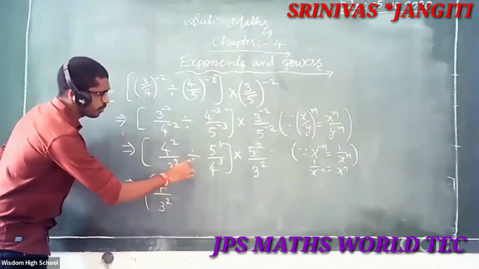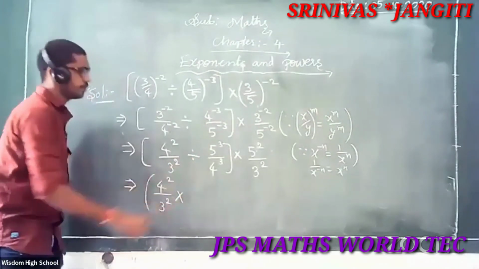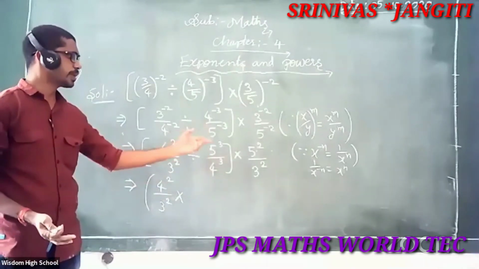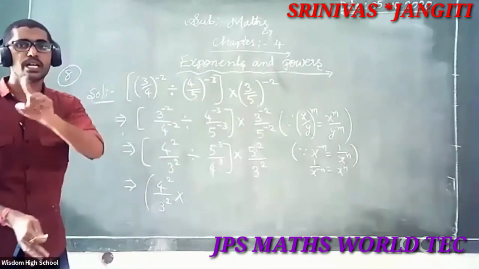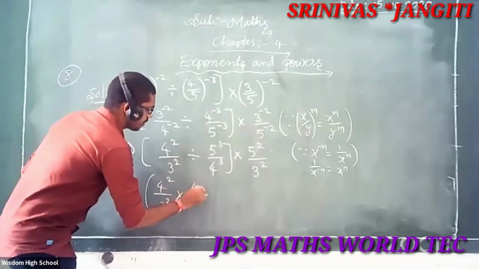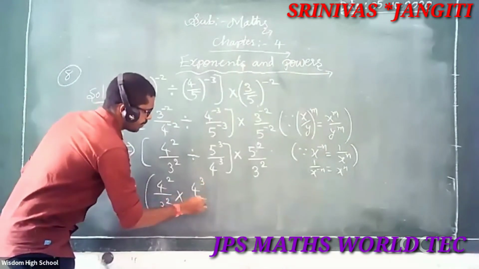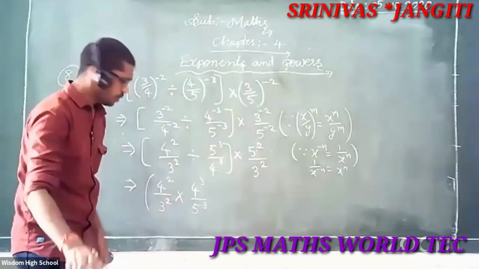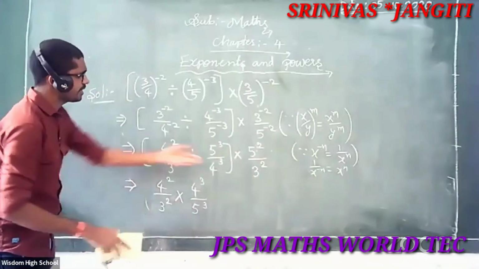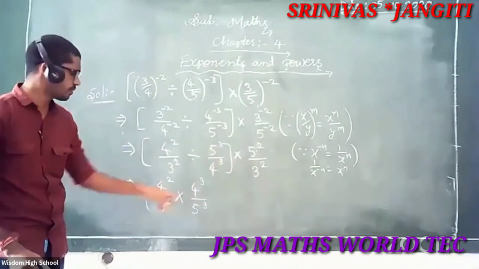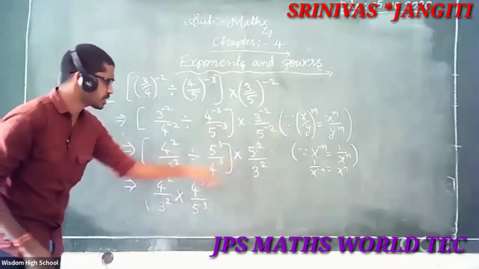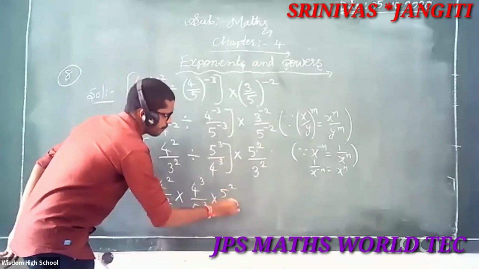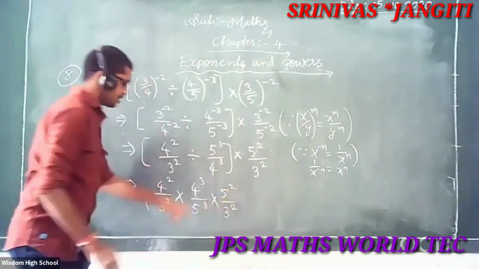Okay. Then after, what is the symbol? It is an into. The opposite word, into. Then automatically numerator becomes denominator, denominator becomes numerator. Then what is here? 4 cube by 5 cube. Then after, you need no bracket. Why? Because of here only, in this step we will simplify easily. Why? It's clear. Next, what is here? Into 5 square by 3 square.